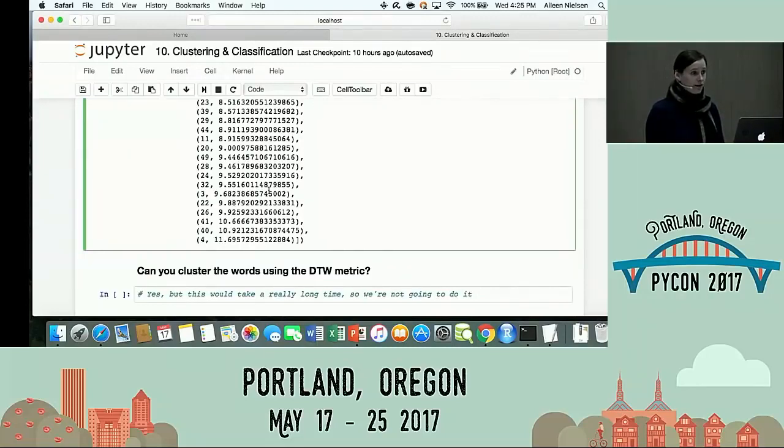This dynamic time warping metric, where instead of calculating the distance to idealized forms, can I calculate all of the words and just sort of organically cluster them? Yes, but that would take more time, at least on my little computer, than we have. I tried running it once. It took more than 3 hours. It's kind of an old computer, but you can do that at home if you want to.